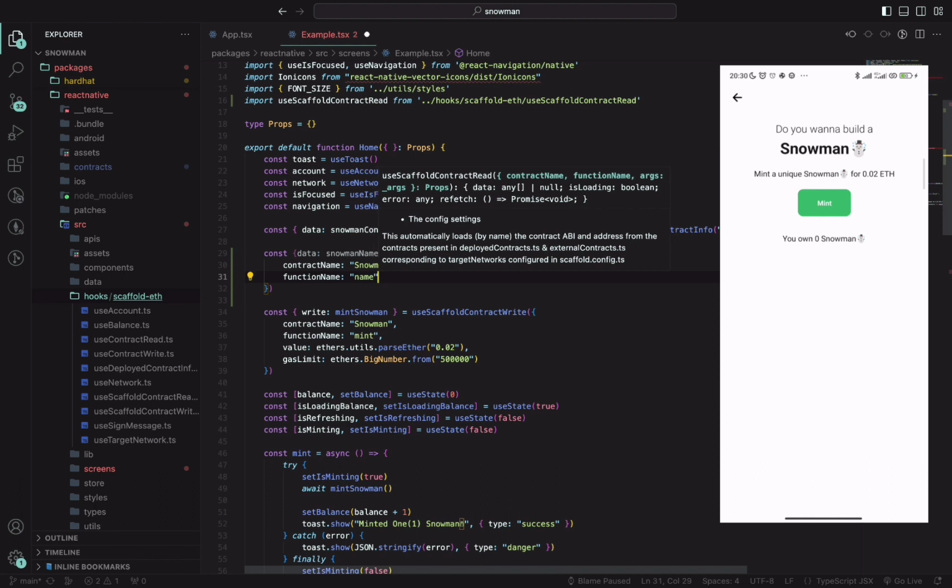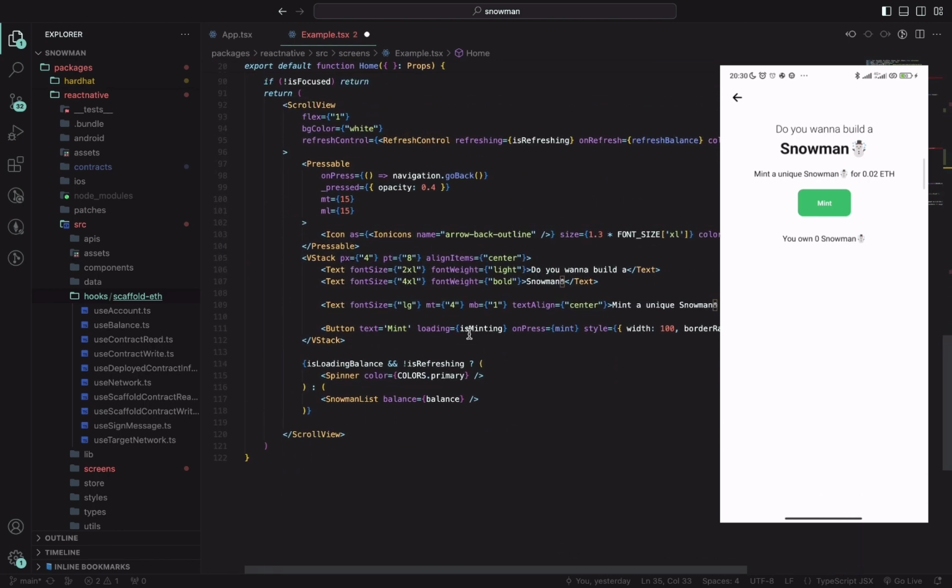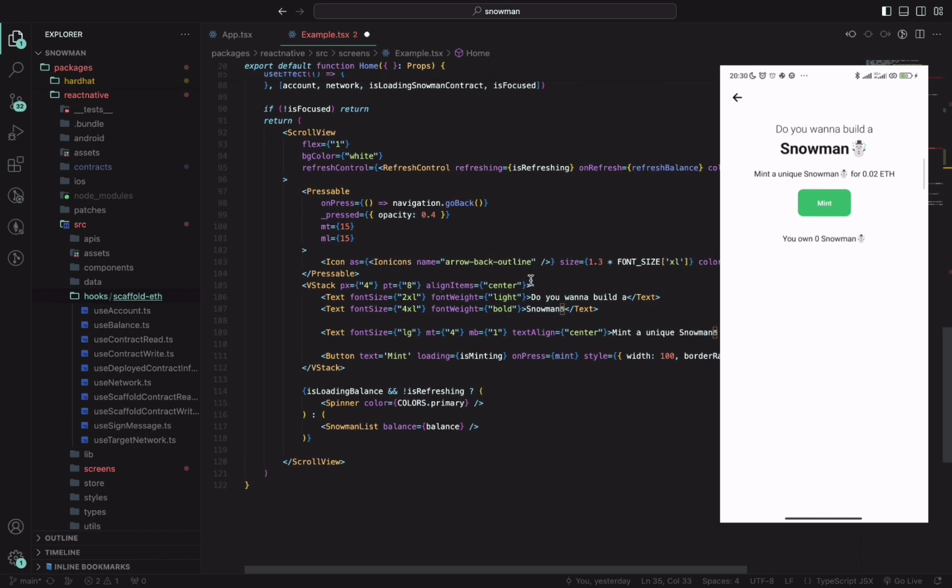Right. So where do I put this? I put this in the header. I put this just to show that it works, and I will go ahead and remove it, by the way. But if I dump this here and refresh, as you can see, it reads the name from the contract